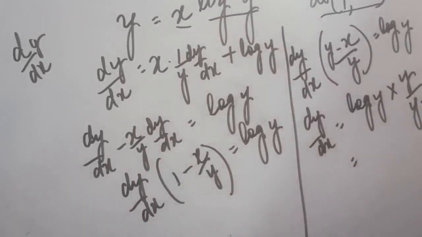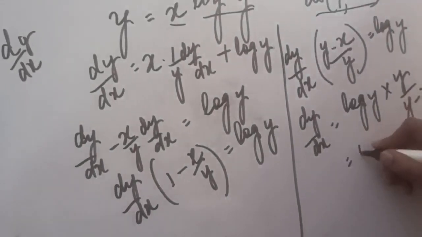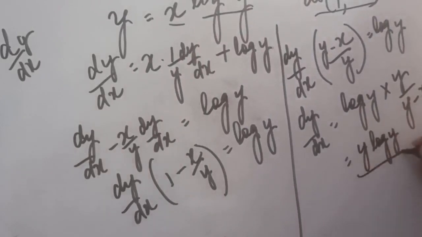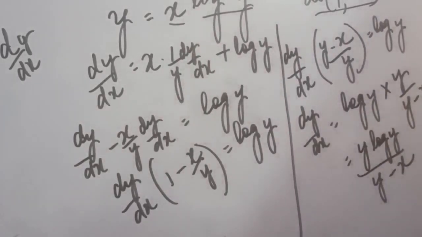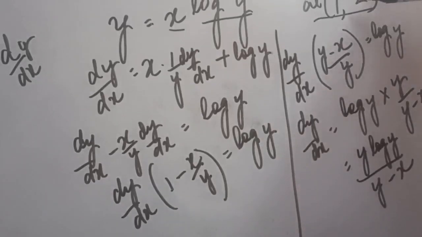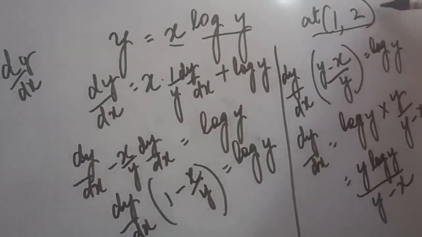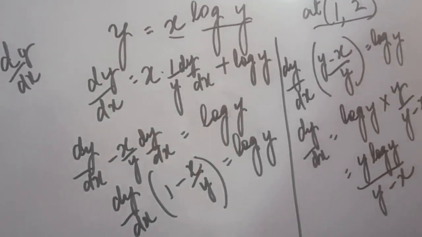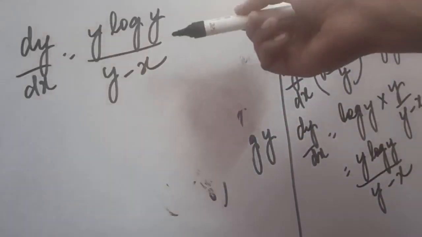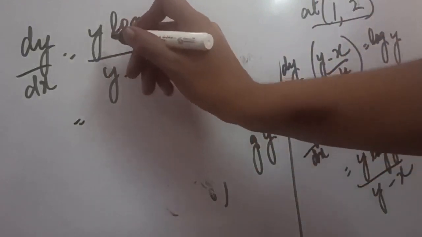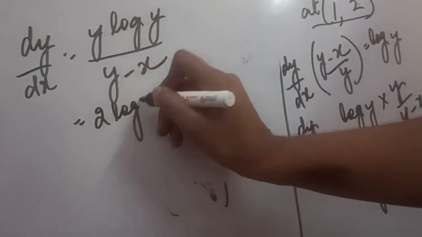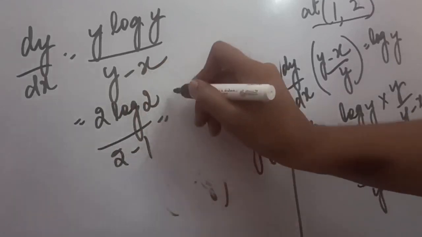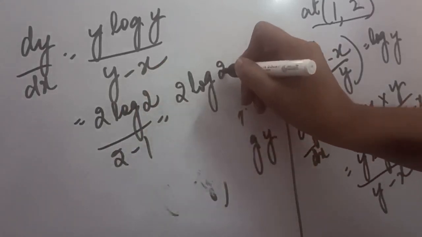So we can finally write it to be y log y divided by y minus x. So now we will put final answer we have got, but according to the question you have to evaluate and you have to calculate when your x is 1 and y is 2. So let us put the value in our final answer. So our final answer from dy upon dx, so this is the answer we got from here. Now we will fill the values. Y is 2 log 2 and below 2 minus 1. So ultimately our answer is log 2 log 2. It will be 1.